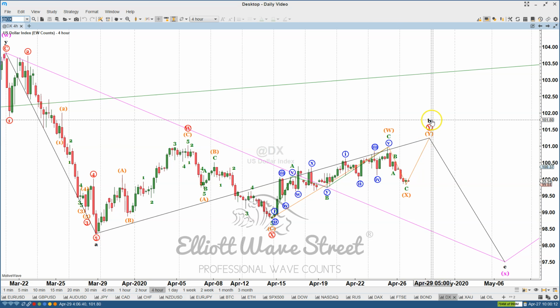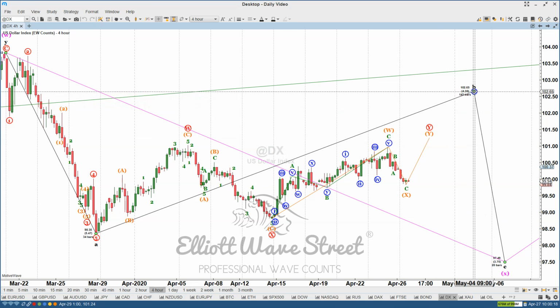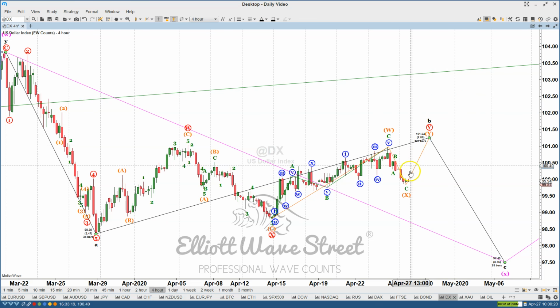Let's see how deep this B wave could be, or deeper. The B wave, I don't know that yet. It could go higher here. It's possible. But the key point is that it seems that we are seeing a bottom of the market on